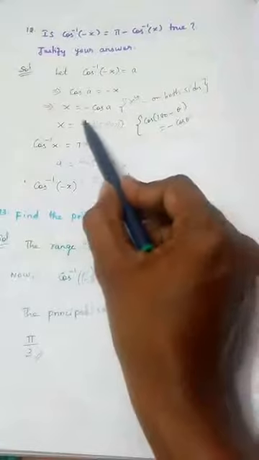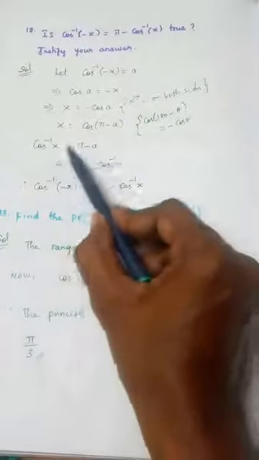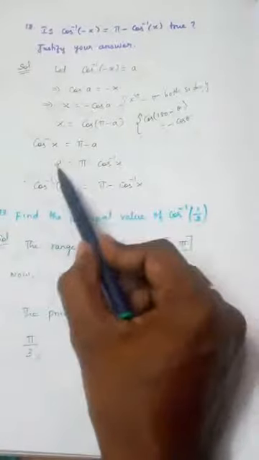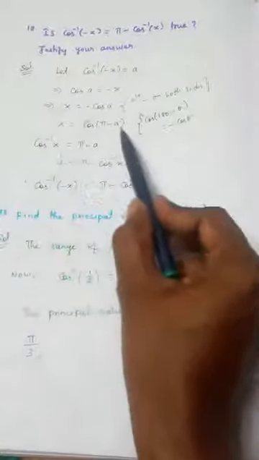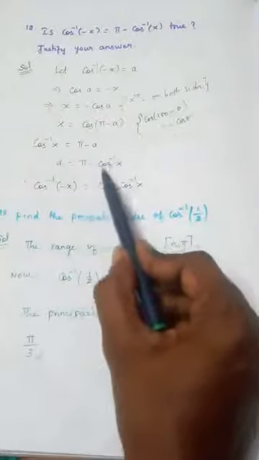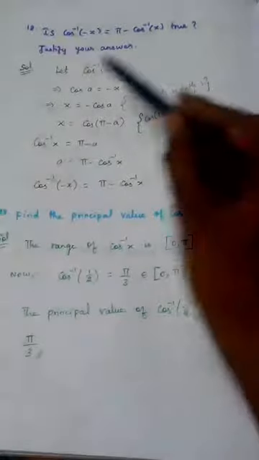Now take this cos to the other side. Cos goes to the other side, becomes cos inverse x equal to pi minus A. Now change the sides. Minus A is taken to the left side, plus A. Cos inverse x is coming to the right side, becomes minus cos inverse x. Already pi is present, so pi minus cos inverse x. Are you able to understand? I am going to explain it once again.